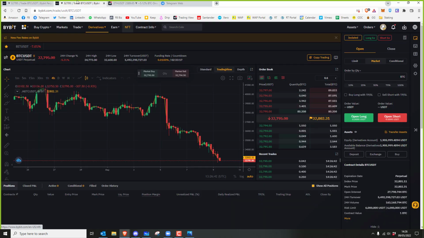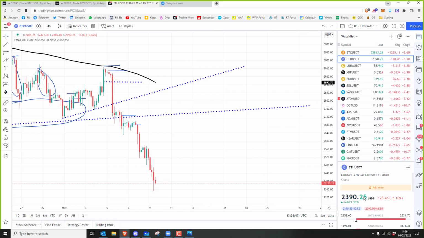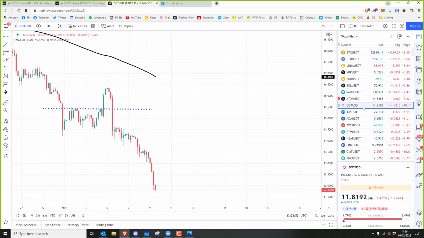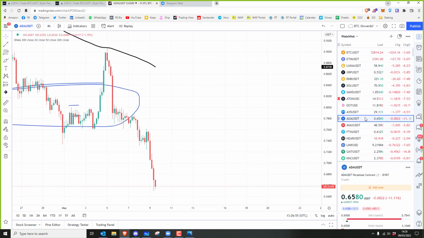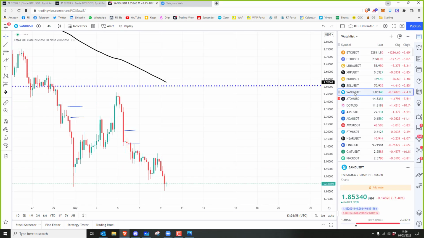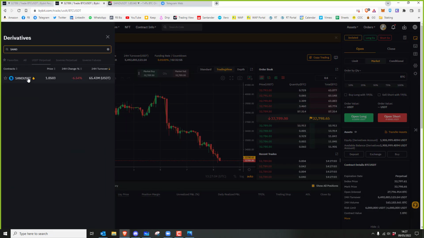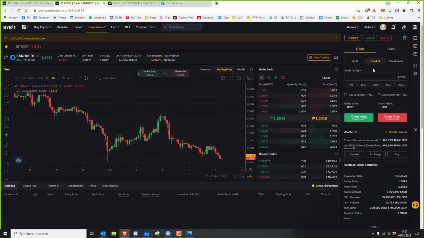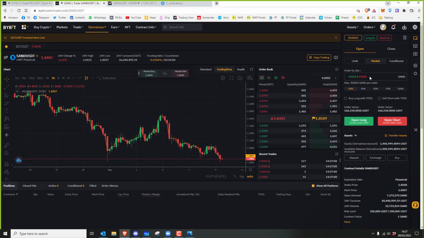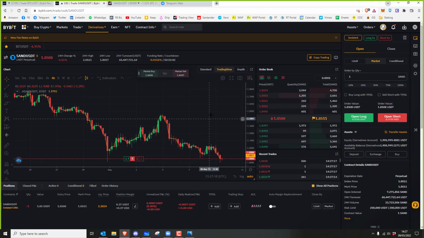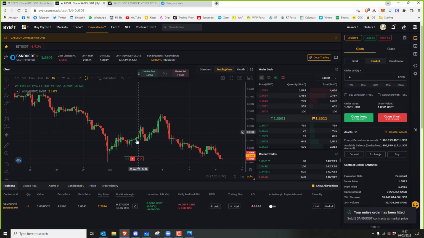Also, the really annoying thing here is, let's take placing trades on Bitcoin, Ether, there's such big numbers. Let's look at something which is around $1. It's just slightly easier to look at. I think Sand is around $1. Yeah, screw that. So Sand, and I'm going to place the smallest, because I'll be deleting this trade as soon as this tutorial is over. Can I do one short? There we go. Right. I'll talk about the mechanics of how to place a trade in a second.